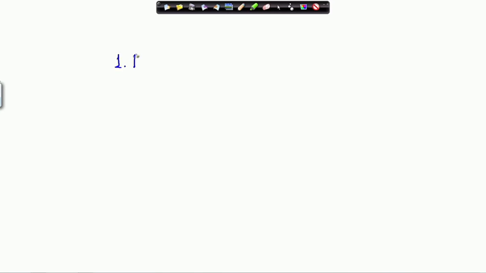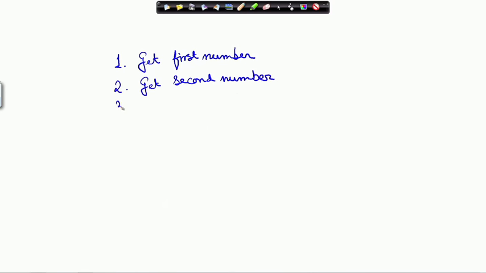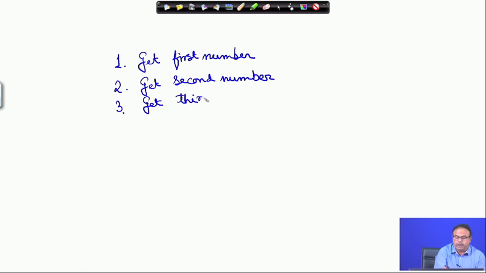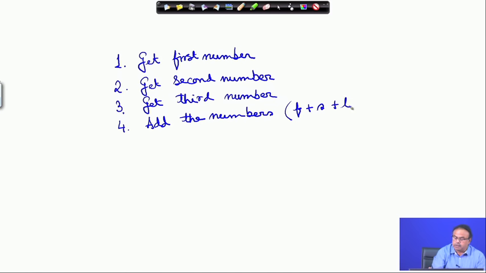I want to read one number. Suppose I am reading 4 numbers. I want to find the average of 4 numbers. Read means I just get. I can also say get first number, get second number, suppose we want to find for 3 numbers, get third number, add the numbers, that means first number plus second number plus third number, and let that be the sum,